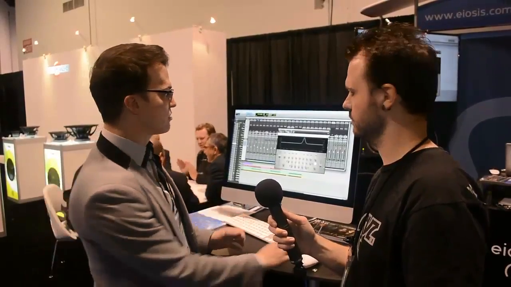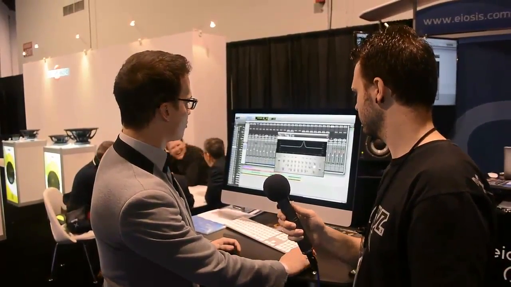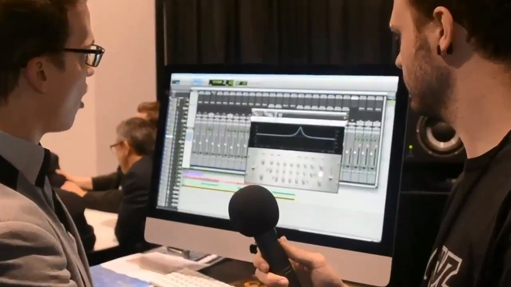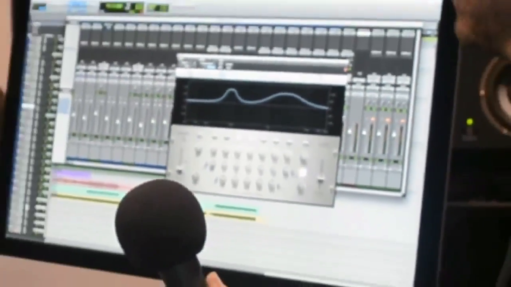And what is very interesting, what I like to do is adjusting a couple of EQ bands here, just adjusting my sound here. Let's say doing that, doing that, very quickly. Then I use the character parameter to change the sound of the whole EQ, and it makes sense regarding the sound,